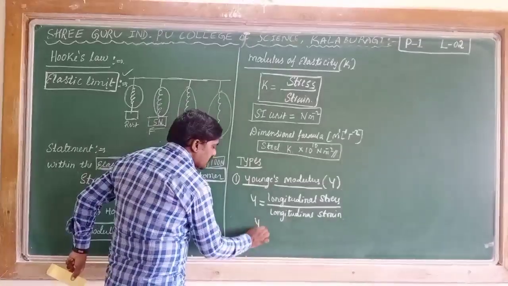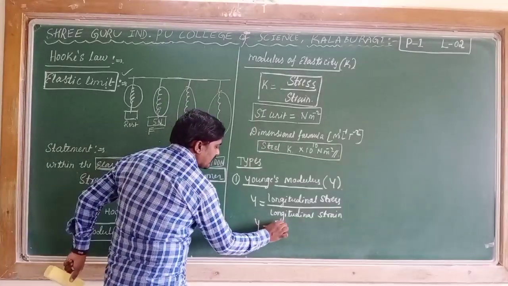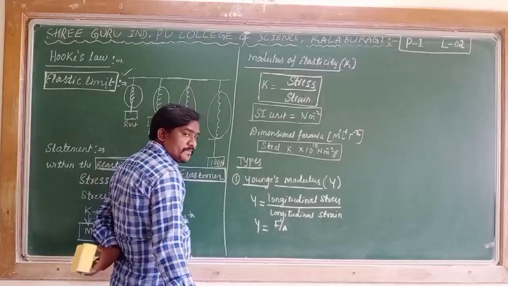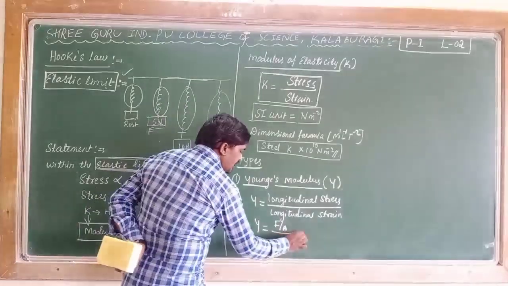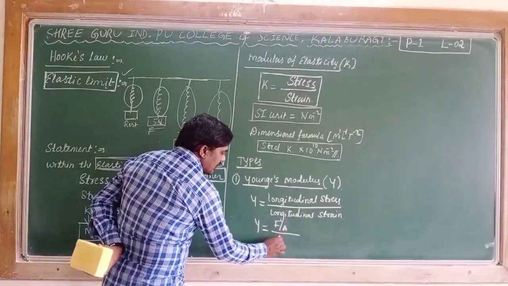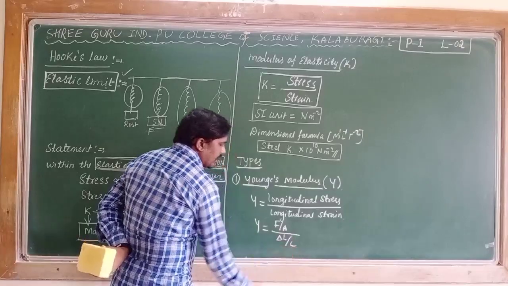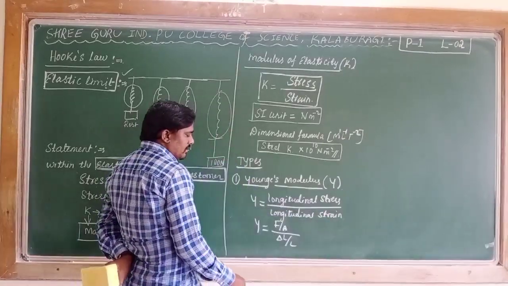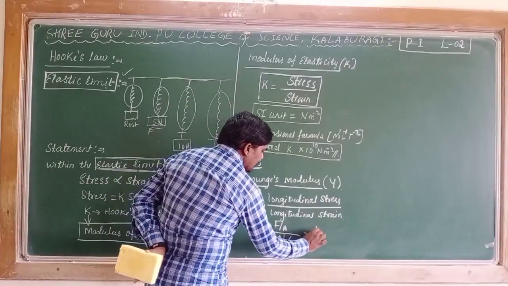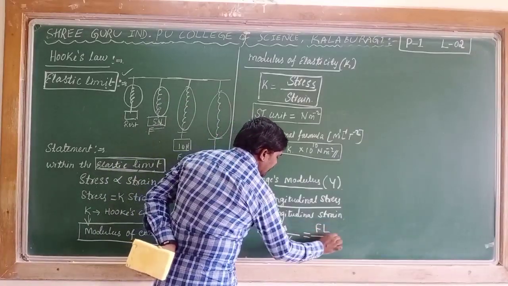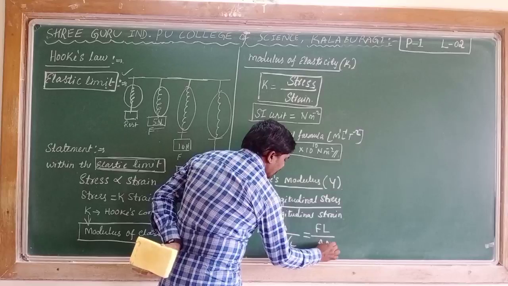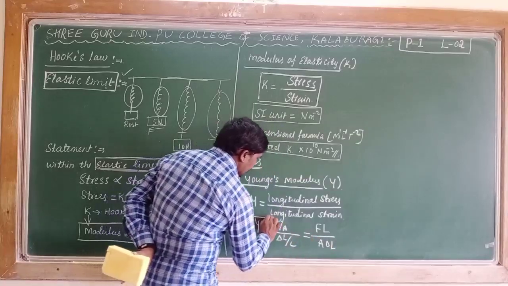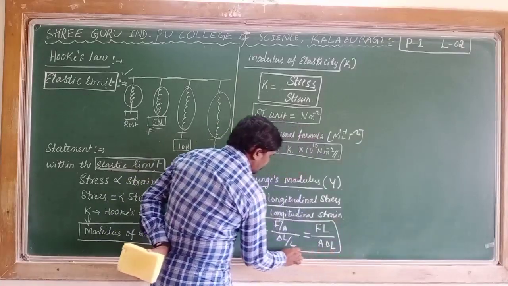What is the formula for stress? Force acting per unit area. And what is the formula for strain? Delta L by L. Already we know the formula for longitudinal strain. Now this implies Y is equal to FL by A into delta L. This is the important formula